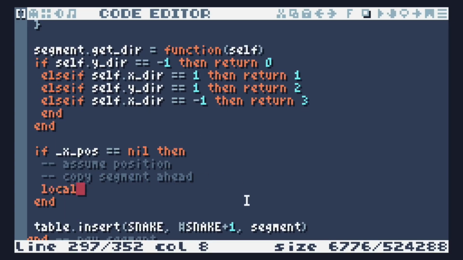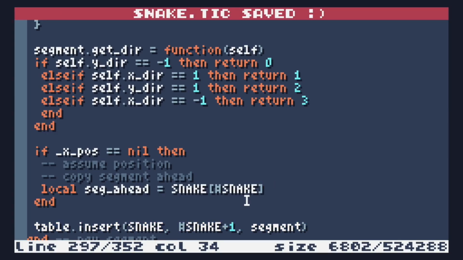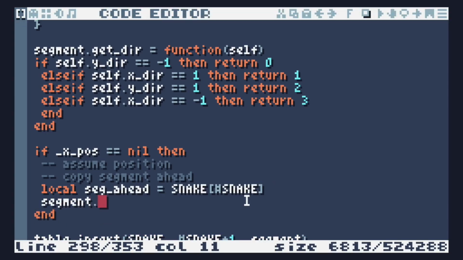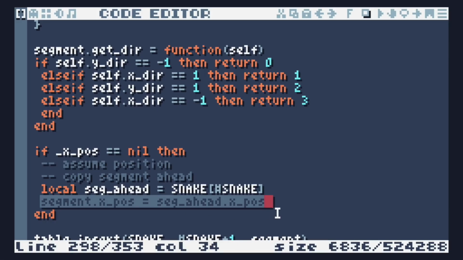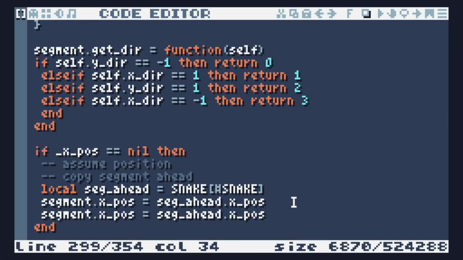So local segment ahead is going to be snake at index the length of snake, so the last one in the chain. Then we copy everything from this head dot X position. If you're wondering why I type this out instead of doing a copy or a duplicate, it's because